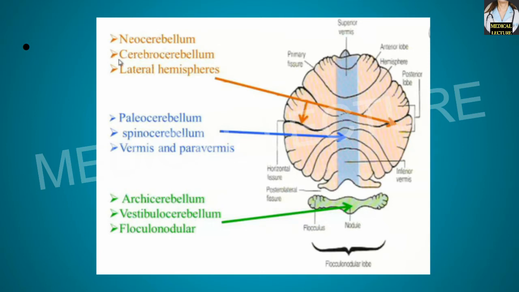Now next is the neocerebellum. The neocerebellum is the most recent one and it is cerebral in connection. It basically consists of the posterior lobe, but it doesn't include the parts that were in the paleocerebellum. In the paleocerebellum we had the uvula and the pyramid also. So that's why the neocerebellum consists of the posterior lobe part except for the uvula and the pyramid.